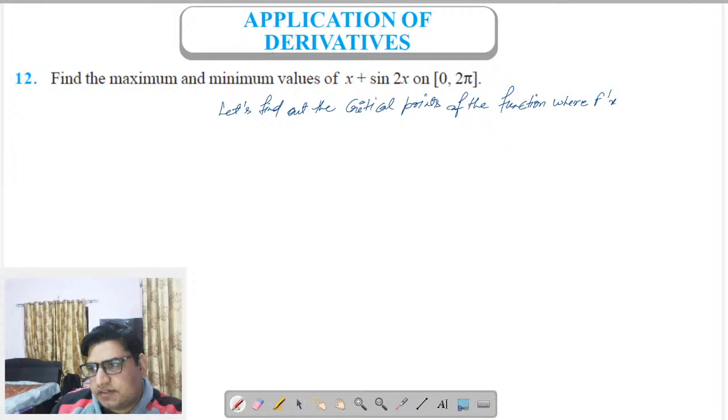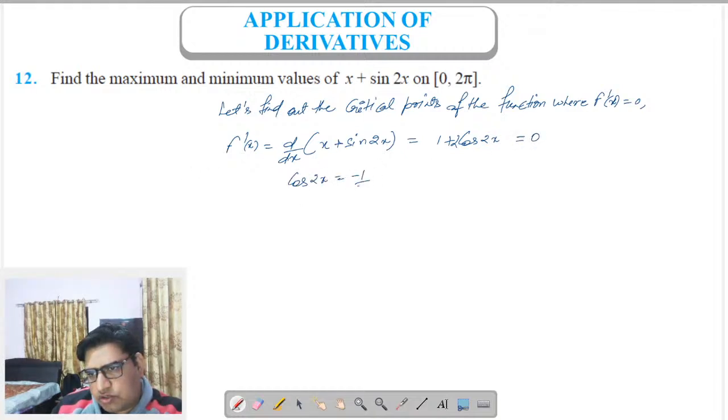f dash x is equal to 0. So what will f dash x be? Look, d by dx of x plus sin 2x, and d by dx of x plus sin 2x is how much? 1 plus cos 2x into 2. And if we equate that to 0, so that will be